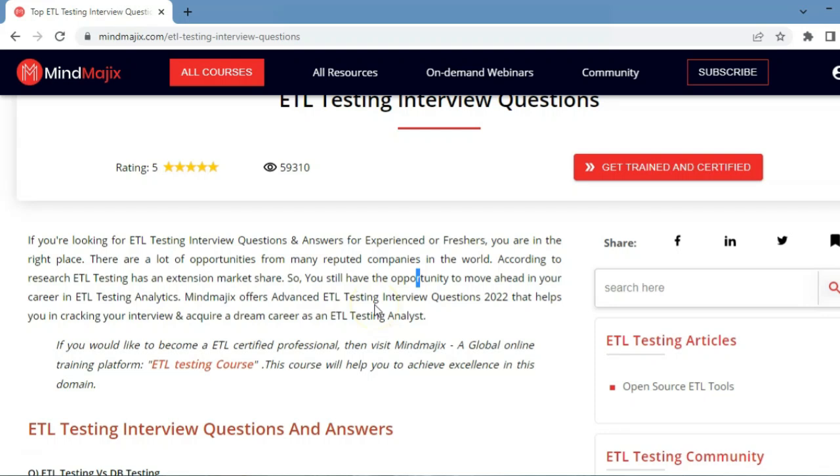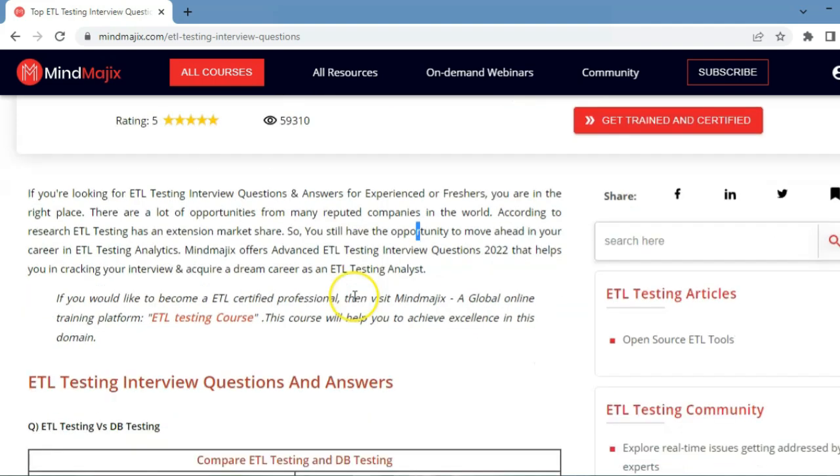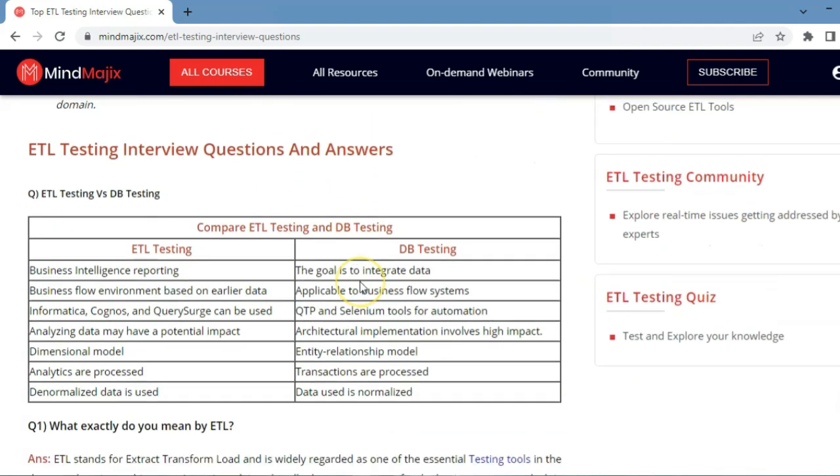ETL. What does ETL stand for? ETL stands for extract, transformation and load. And let's cover the major and important questions that we have in ETL interview questions. So the very first common question is, what is the difference between ETL testing versus DB testing, or we